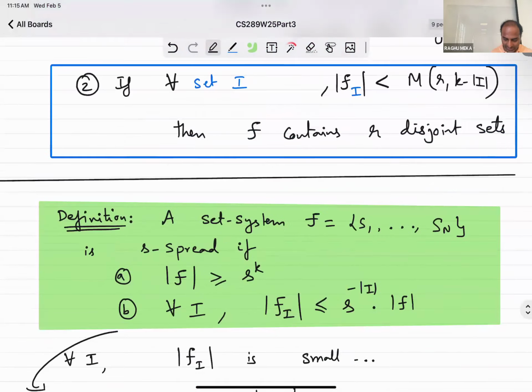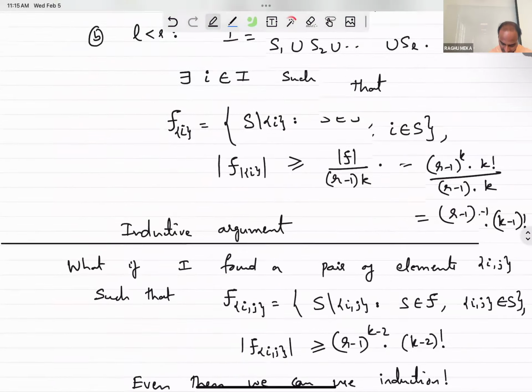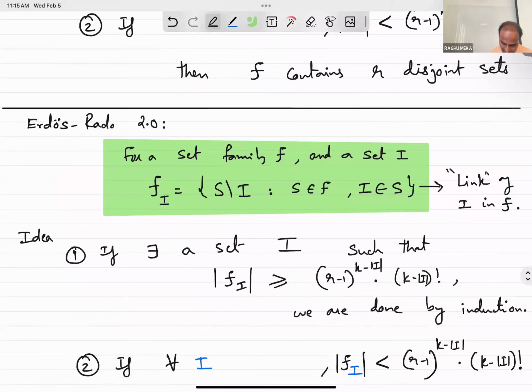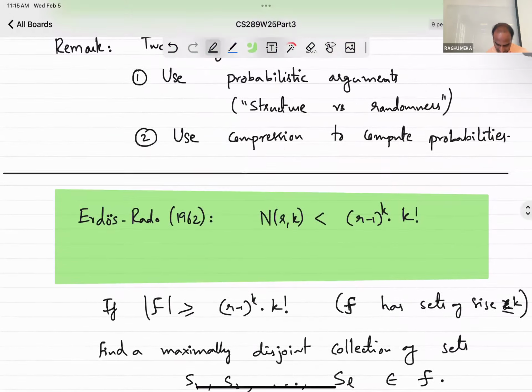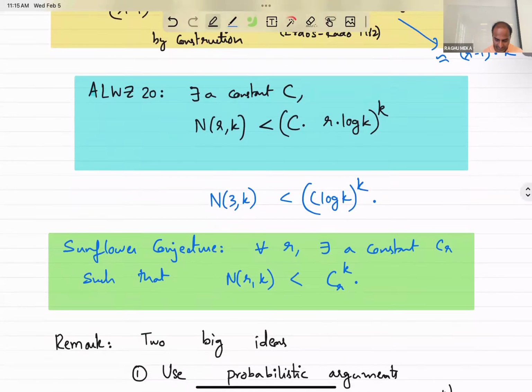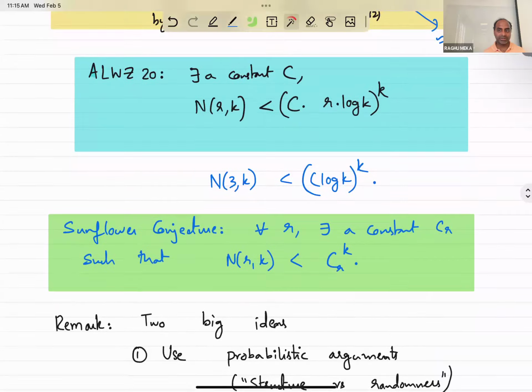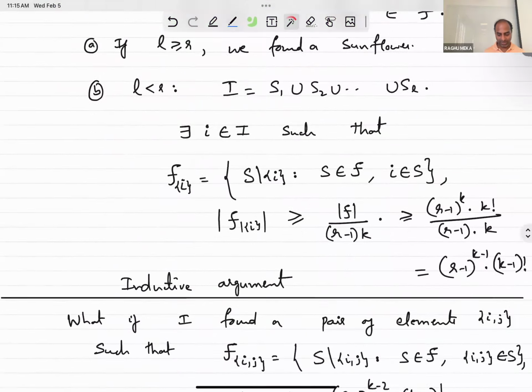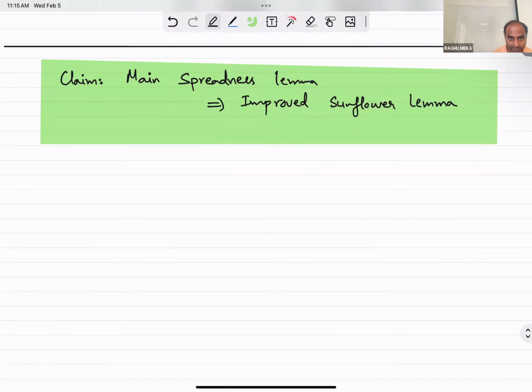Okay, so the main spreadness lemma implies the, where did that go? Okay. Misstated it somewhere. Yeah, this bound. Okay, so the main spreadness lemma implies this. That basically follows from induction. You just have to work through the induction a bit carefully. It's a little bit tedious, but the proof is just saying